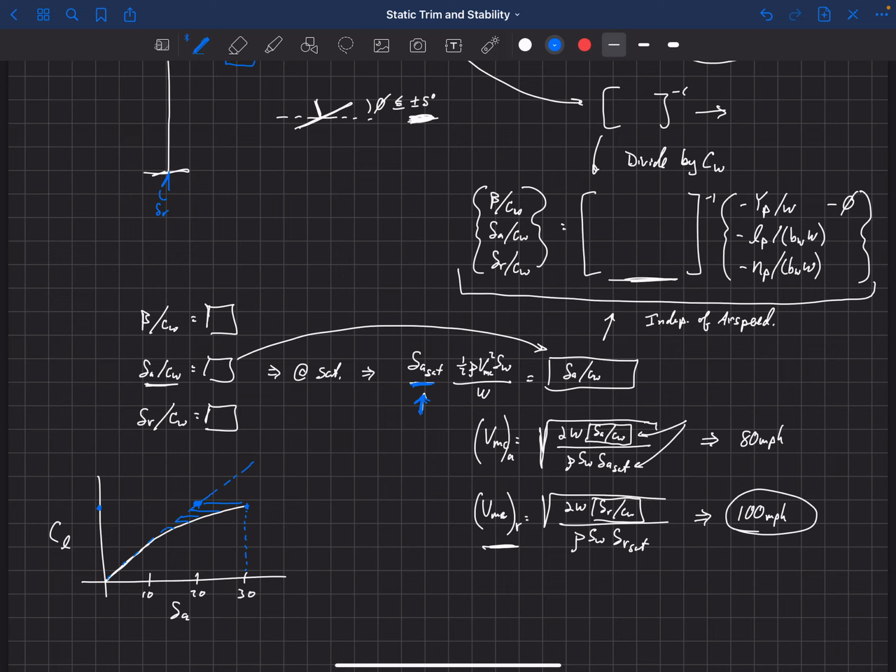Now, one last thing I failed to mention is that we've got this square root sign in here when we're calculating the minimum control airspeed. You're thinking, well, that could be plus or minus. As long as it's delta A over CW, we've got to use the same sign here as we do for the direction of our saturation angle. The weight coefficient is always positive, so the sign of this is basically associated with the sign of deflection. As long as we use the saturation angle in that same direction, the signs will always cancel. They'll both be positive or both be negative, and so we'll always get out a real number for the minimum control airspeed.